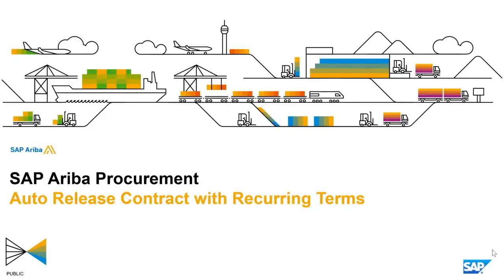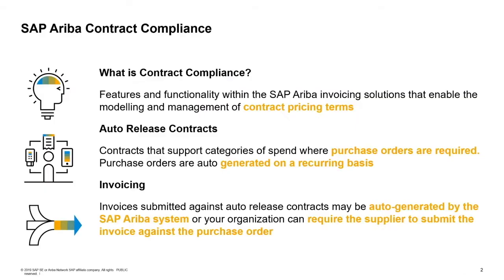Auto-release contracts with recurring items. SAP Ariba's contract compliance functionality enables your organization to model complex contract terms that you have negotiated with your suppliers. One such type of contract is a release contract with auto-generated purchase orders. These types of contracts contain terms that require a release or a purchase order in order to procure the material